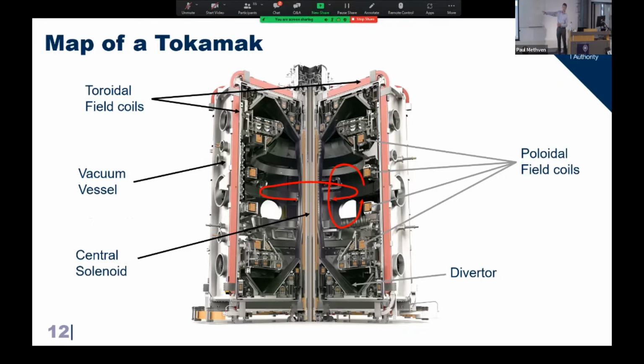bean tin shaped in this particular type of device, a solenoid down the middle which provides a magnetic impulse, what we call toroidal field coils that primarily confine the plasma, those pink rectangular limbs around the outside, poloidal field coils that wrap around the other way to stop the plasma sort of shooting outwards out of the machine and to shape it. And then this funny little thing at the bottom called a divertor, which turns out to be hugely